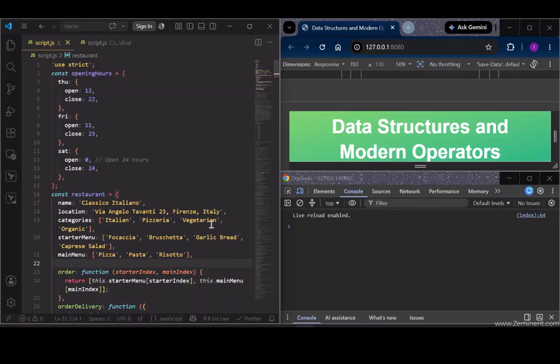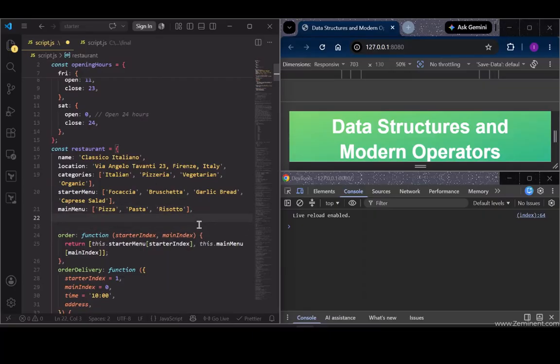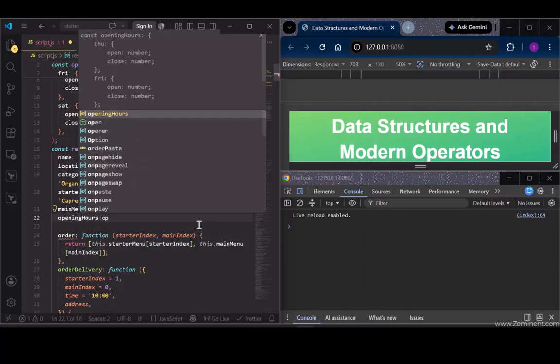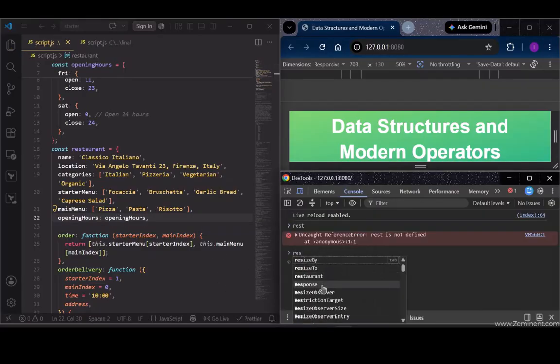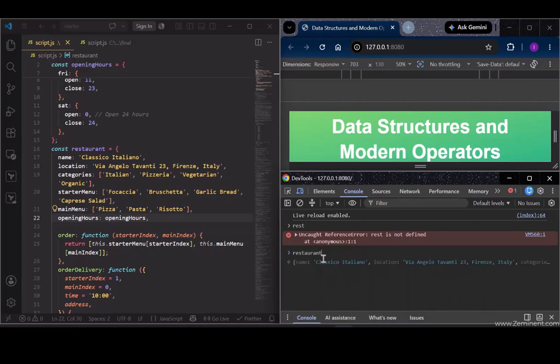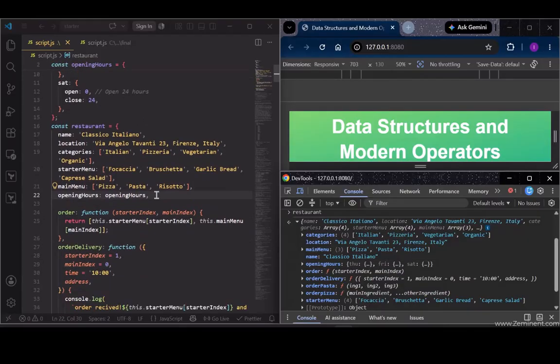So before ES6 we would write the opening hours inside, after this comma, and then set it to openingHours, then put a comma and save it. Now let's see the output. In the restaurant, as you can see, the opening hours is there even though we declared it outside. This works, but it becomes annoying because the first openingHours is the property name,